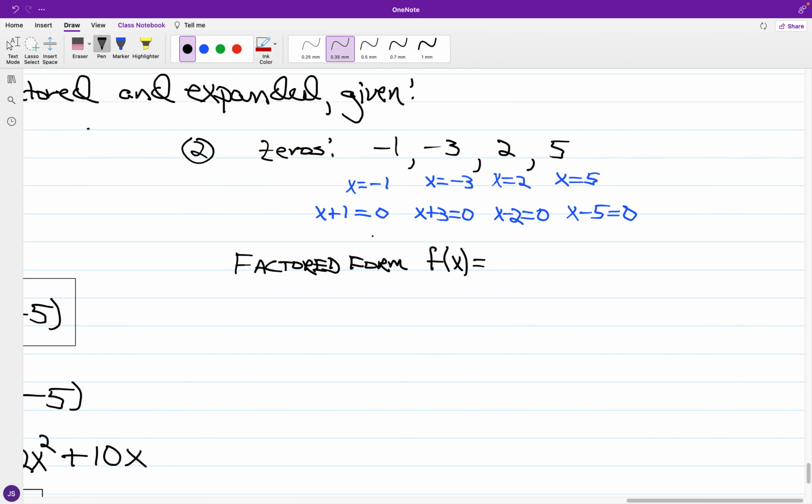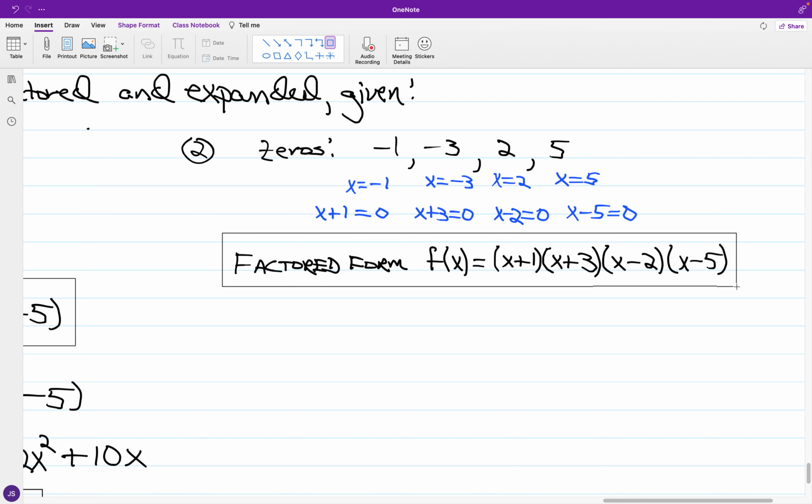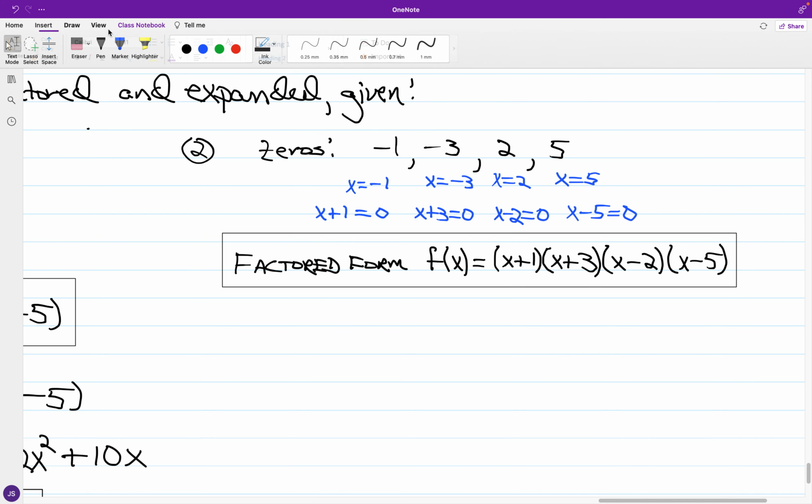So we say that we have f of x is equal to x plus 1 times the quantity of x plus 3, and we have times the quantity of x minus 2, and we have times the quantity of x minus 5. Okay. Now in terms of expanded form,